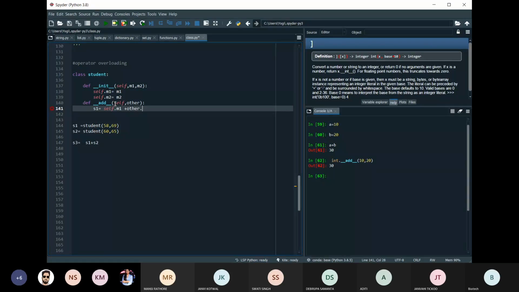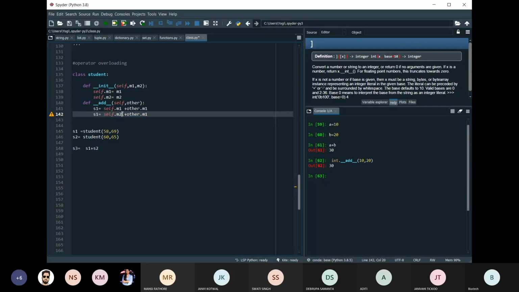The same thing I'll do for the second object: m2 is equal to self dot m2 plus other dot m2. Now this is going to behave like a student. I have defined a student class, and in this class I am calling this add. This is how s1 and s2 will behave inside the memory.